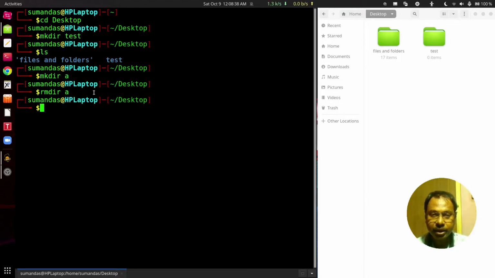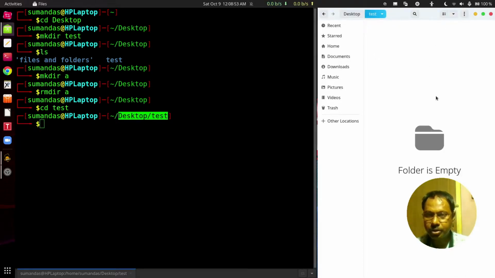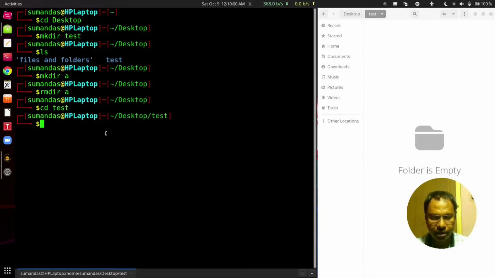Now we are navigating to the test directory. So cd then test, press enter and now we are in the test directory under the desktop directory. Now here the directory test is empty. Now under this test directory we are creating a directory structure, and for that we can use the mkdir command. mkdir, then -p, then a/b/c/d/e.